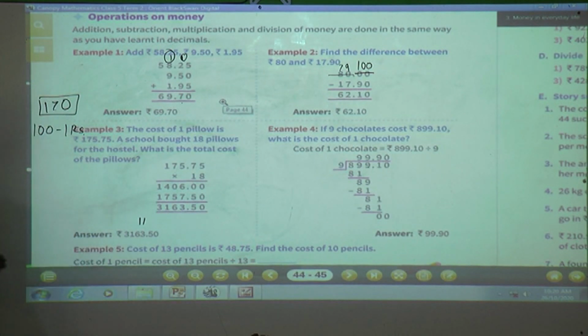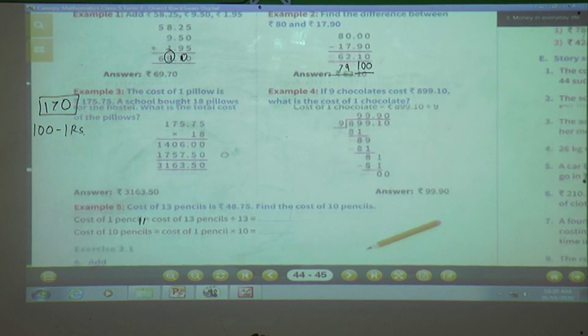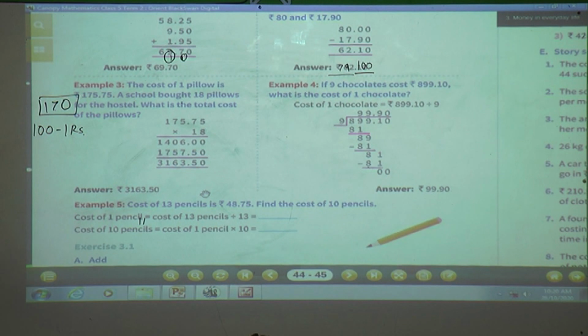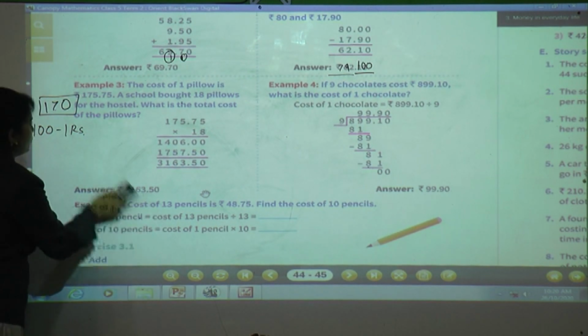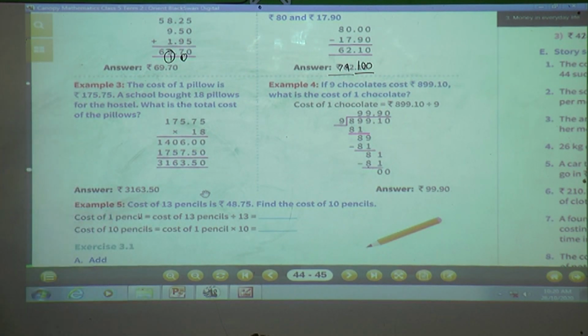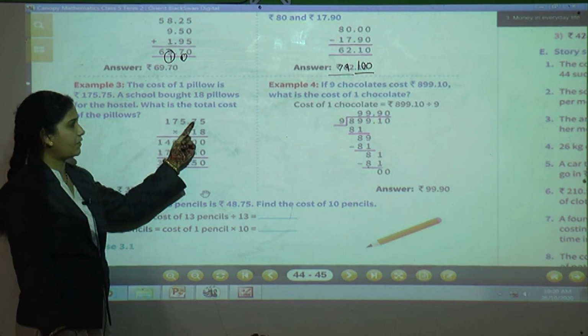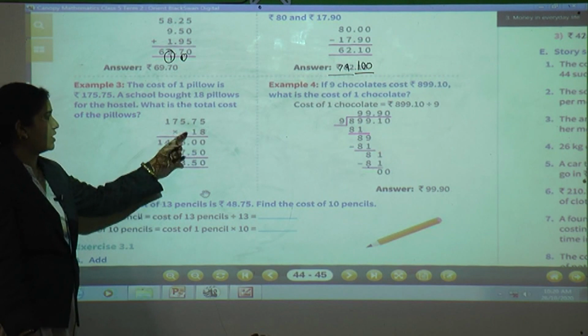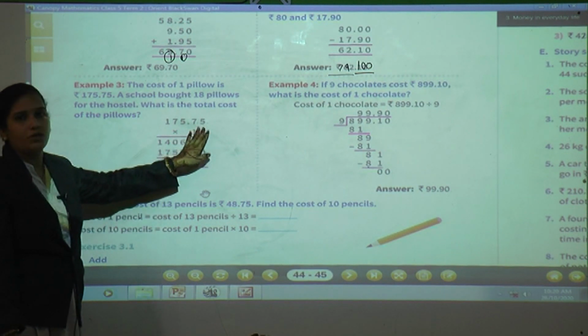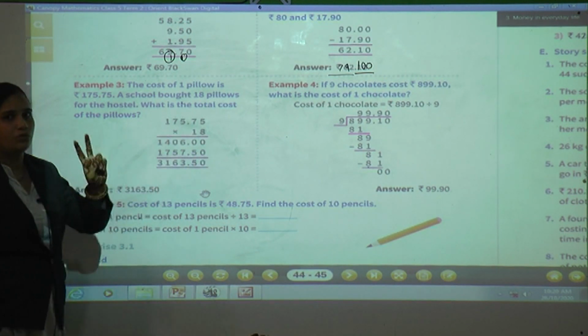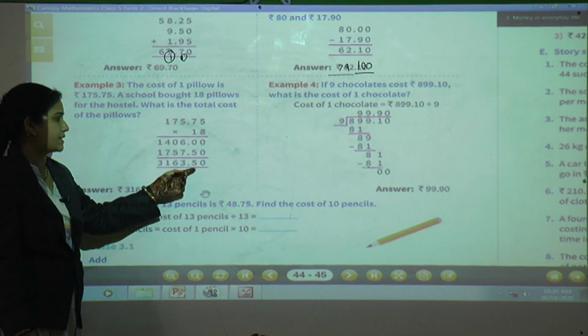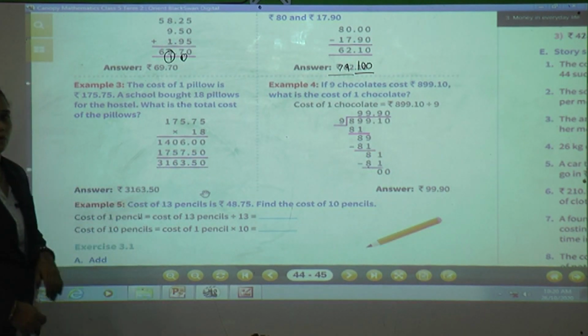Okay. Now you know the multiplication also. Even while writing the decimal point, don't get confused students. Just count the numbers after the decimal. Here after the decimal 2 digits. Here no decimal point, so we will not consider this. Just count 2 digits from the right side. Here 1, 2. Okay.